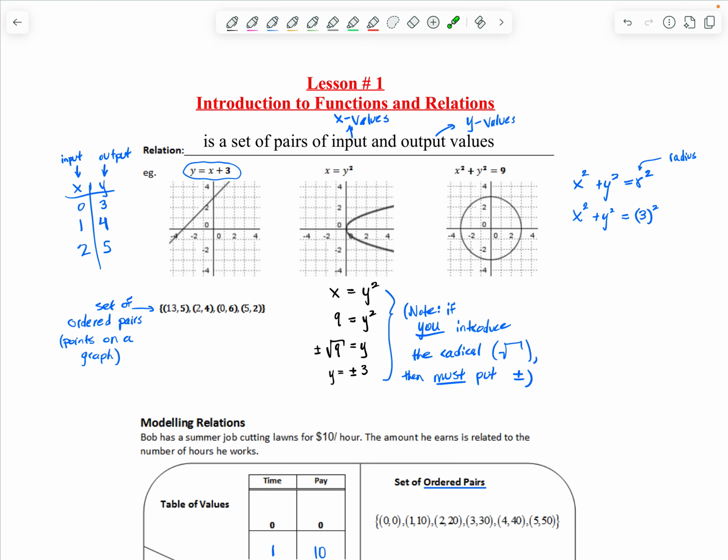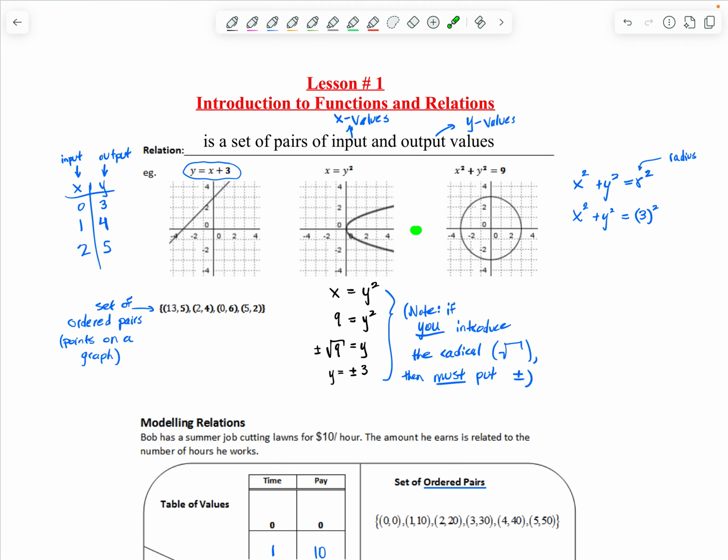And that's what this note is saying right here, notice that I had y squared. When I'm getting y on its own, I have to introduce the square root, the radical, so I have to put plus minus. In other words, referring to this diagram, what I've just said is for an x value of, let's say, 9,